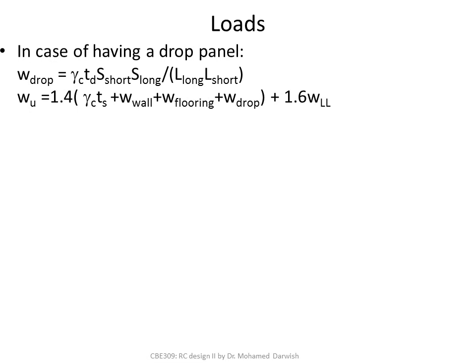So simply you will calculate this additional weight, which is gamma c times td times S short times S long, divided by the L long times L short. So now you will add this weight of the drop to the flooring and the wall weights and the whole big chunk of weights, and multiply it by 1.4 and add it to 1.6 W live load,